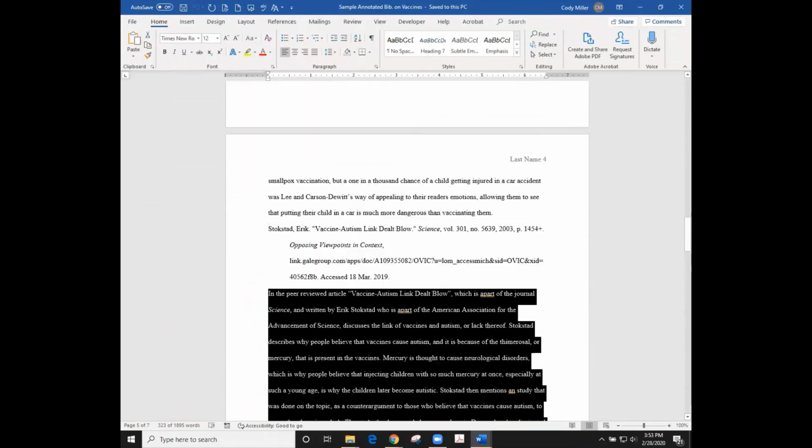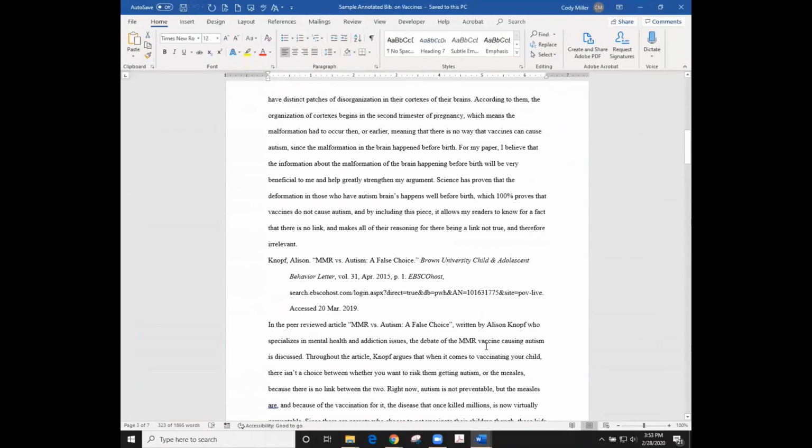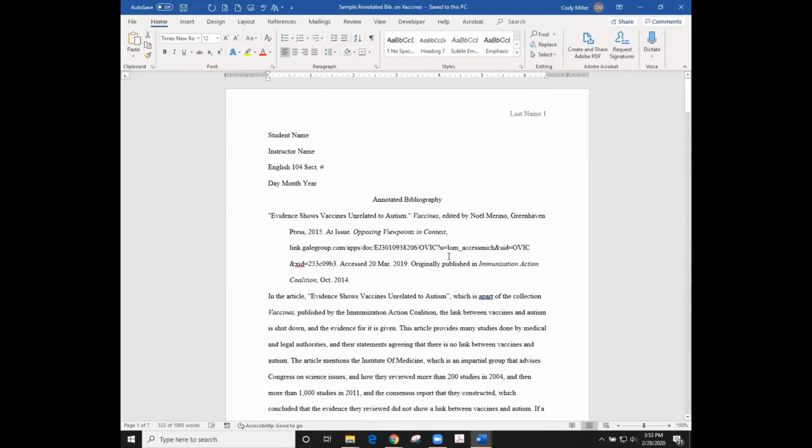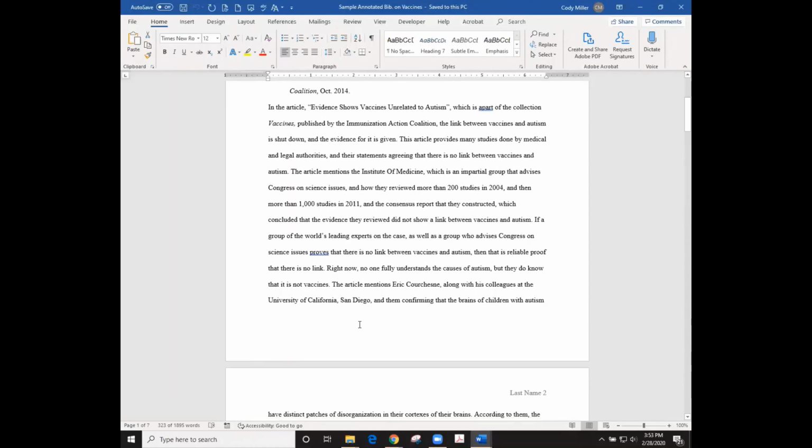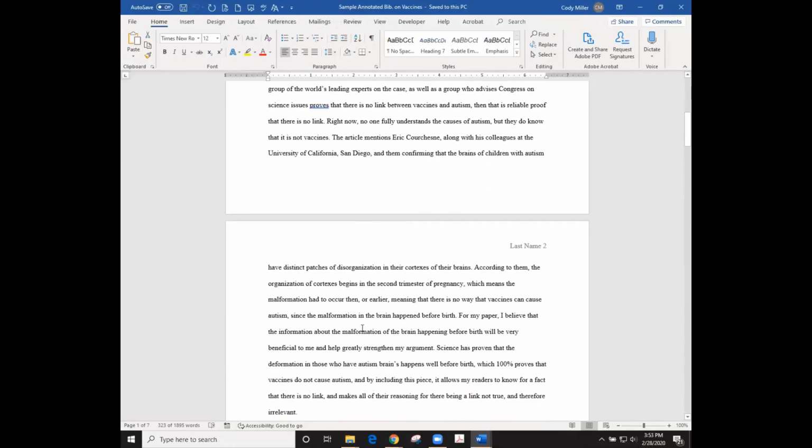So basics that I kind of want to summarize for you here. Again, summary, not everything. I'm not going to cover everything again, but it's just the gist, which is each one of your entries will have a works cited entry above it that's properly MLA8 formatted. Then you'll move into a summary that largely focuses on giving the author the credentials, the title, and then gives the thesis of that piece, any points that you plan to use within your own paper when you're using that source, or things that substantiate that thesis. And then you also want to make sure you tell how you plan to use it, along with maybe how that works with the audience itself.